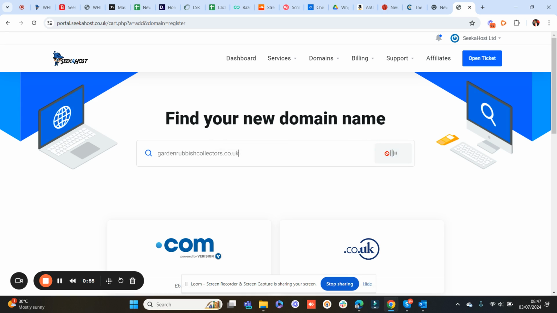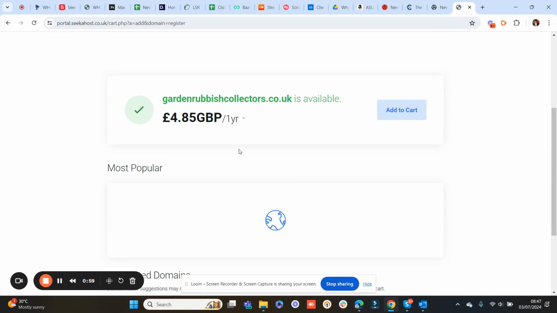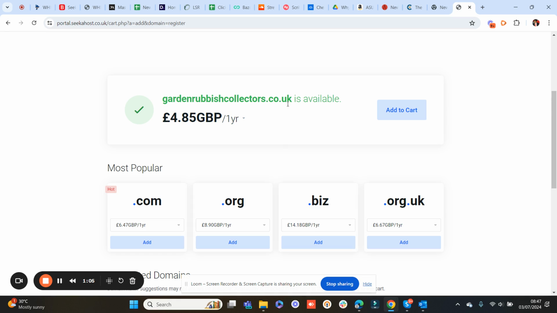This is the way you will find a domain, even if you come from the SeekaHost.co.uk homepage, first page, and you search for the domain name, and if it's available, it is going to show the availability: garden rubbish collectors.co.uk. Dinesh sent me emails showing that this domain has thousands of searches a month, and as I explained in this